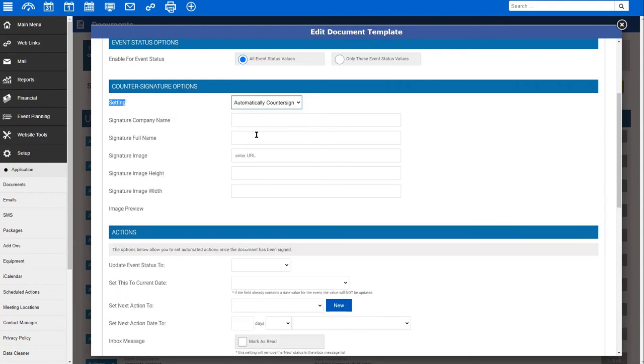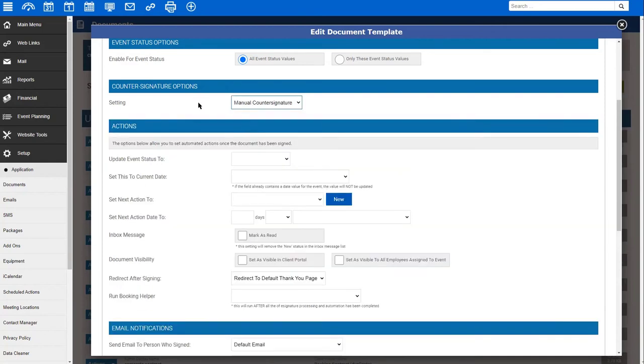On the automatically countersign, you're going to input your information here, and what's going to happen is once the client signs the form themselves, the system will automatically apply your counter signature to the document. If you use manual counter signature, once the client signs, it'll come into your DJEP inbox with a button on it that says requires manual counter signature. You'll click that notification, it'll pop up in a new window, and you're going to enter your information there